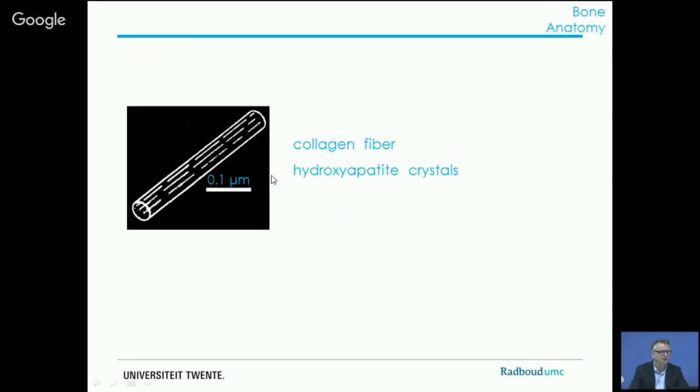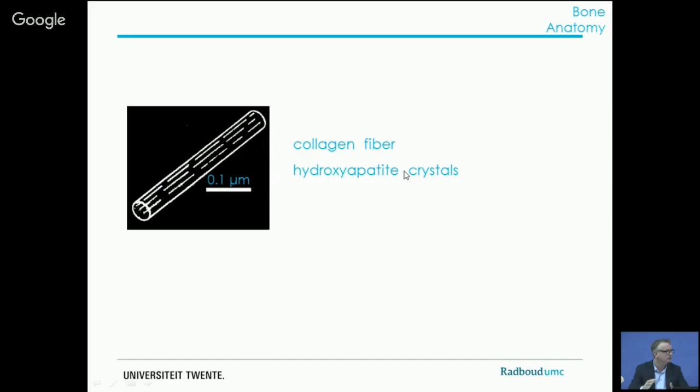At anatomy, you can look at bones from a very different perspective. And if we look at it from a very detailed perspective, we know that bone consists of collagen, and on the collagen there is hydroxyapatite crystals. And the collagen makes the bone very tough, and the hydroxyapatite crystals, they make bone very stiff and maybe strong